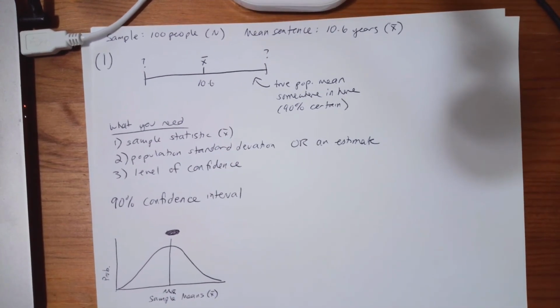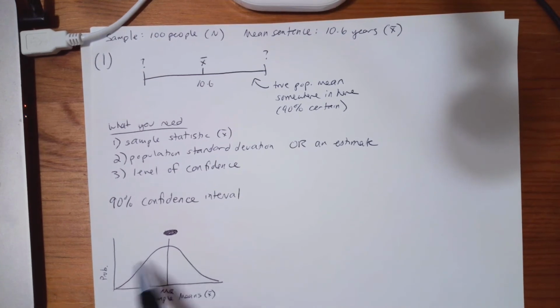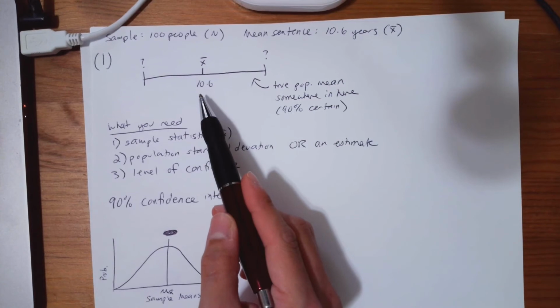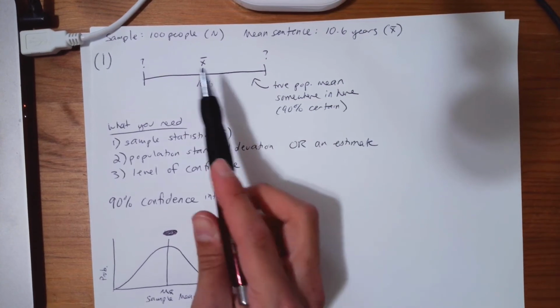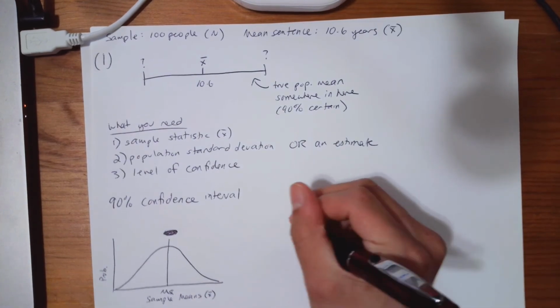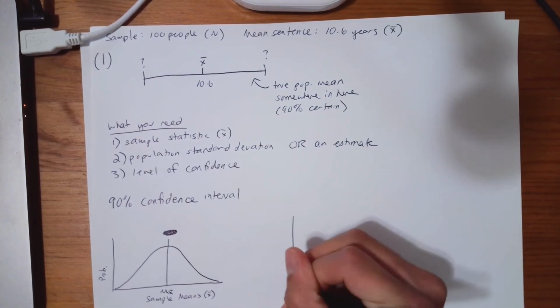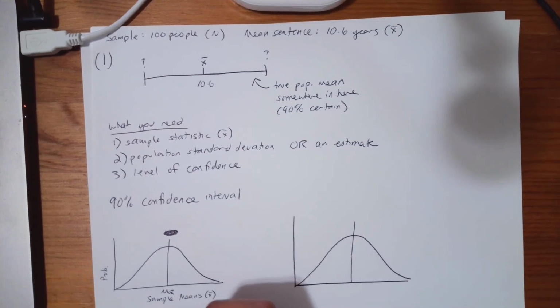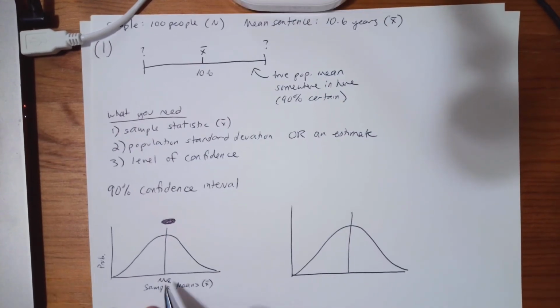What we can do then is just draw this sampling distribution on top of our best estimate here and use it to figure out how likely it is that we're going to get sample means that are close to this estimate or far away from this estimate. And so what we're doing here is saying that even though we don't actually know the true population mean,